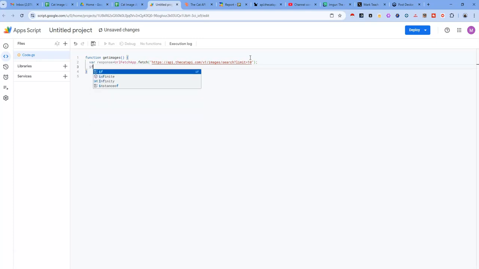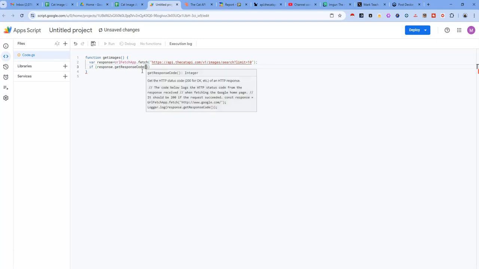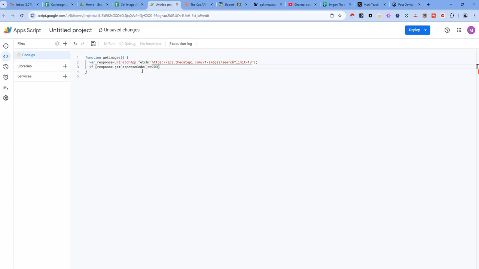Okay, now the response, we have to check and make sure that the response is good. So we have to use an if statement. If response.getResponseCode() — I believe that's a function, so I have to put the parentheses — is equal to 200, which means it's a valid response, good response, then I will return the response.getContentText(),